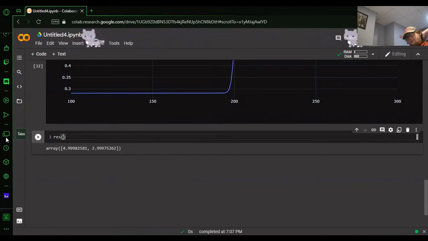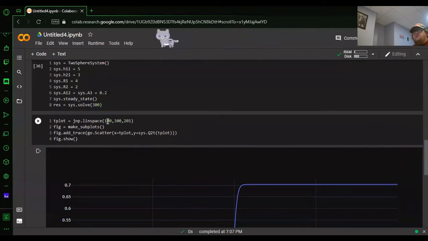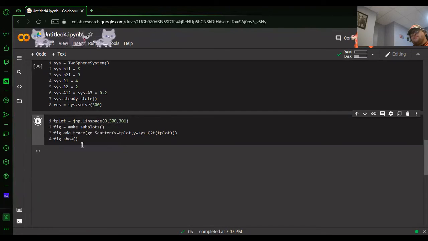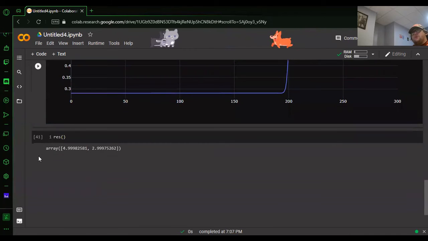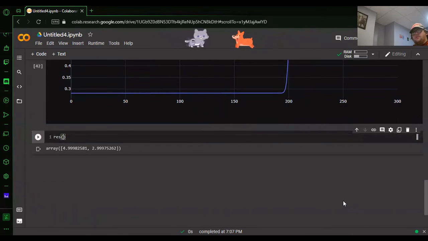All right, so as you can see, as we plug in a time, what this will give us is the heights of tank 1 and tank 2. So if we plug in, let me make this from 0 to 300, 301, just like how we have our Tn here at 300. And there's a graphic if you want to look at it, but if we go down here and plug in our T-plot,